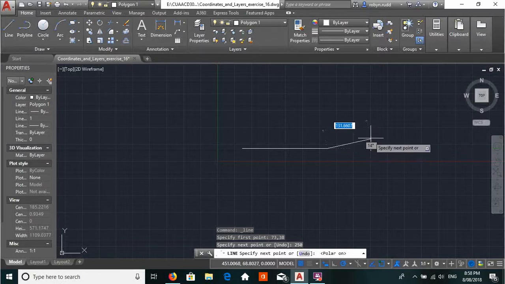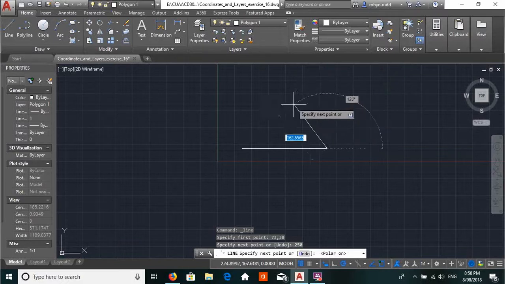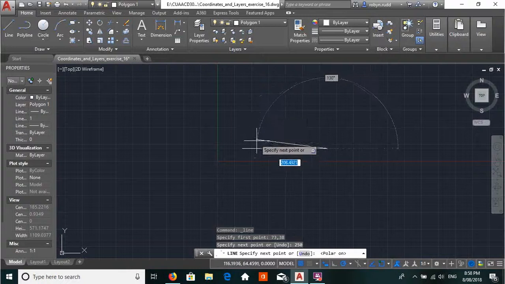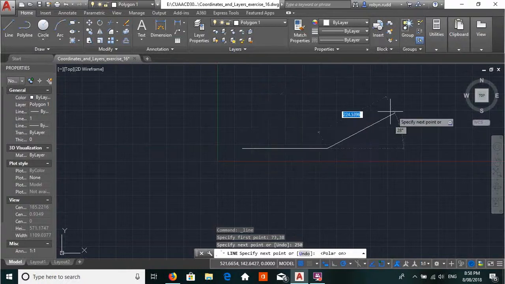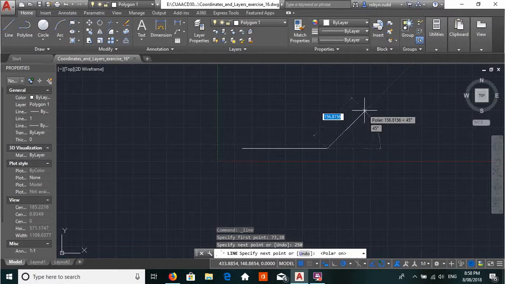If I move that up, you'll see it will start picking up a green vector line, because that means that I've set it to track at every 45 degrees, all right, and so forth. So if I move along, 90, 135, and so forth. Okay, so I can actually drag my cursor now, lock it in,